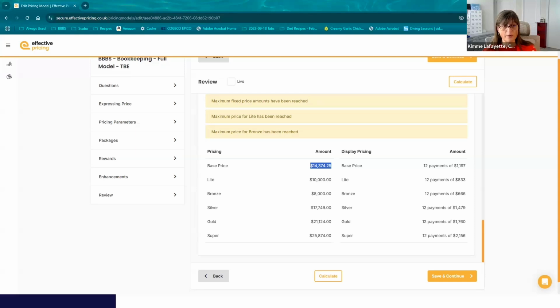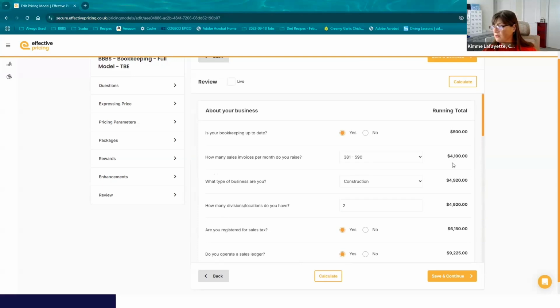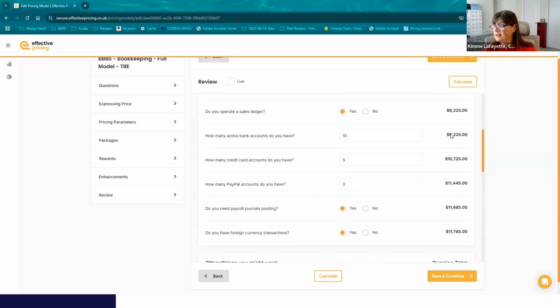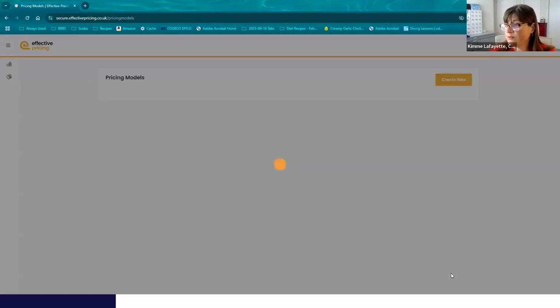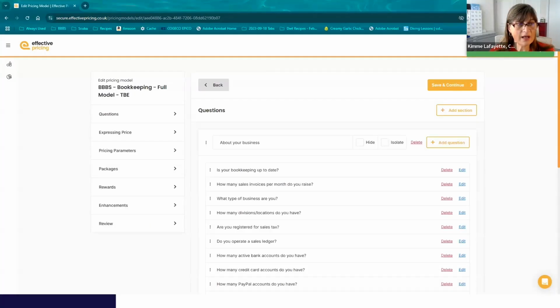I know we've only got about 5 minutes left and I want to do a couple of things here still. So if everything looks good, you've calculated, tested, everything looks good. If you were to be calculating this and looking and all of a sudden it says 0, that would be a problem with your model. So let's look at how that looks. So I'm just going to quickly hit save and continue for a minute. I'm going to go back in here. And now let's